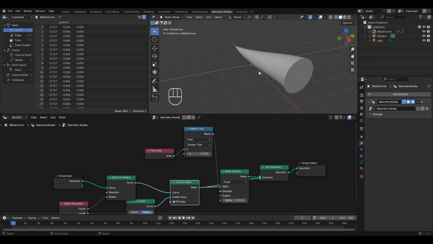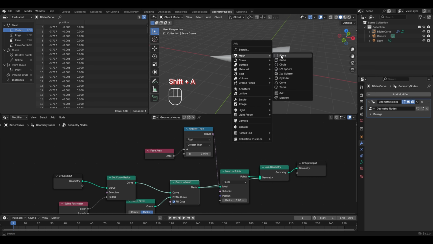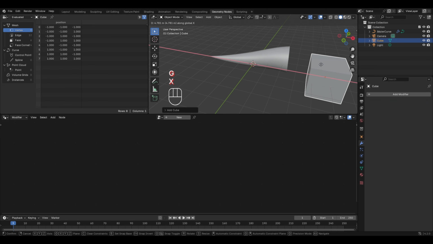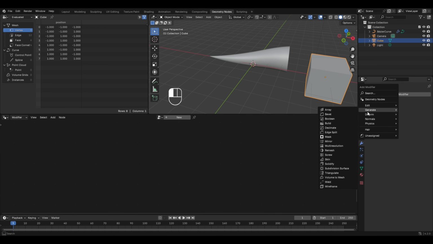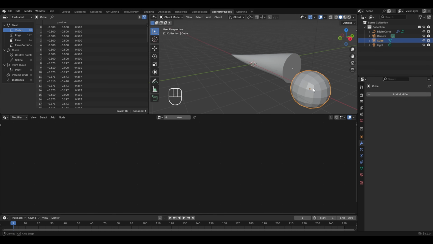dragon's head. Now to make the head of the dragon, let's add a cube in the scene. So press Shift plus A, go to mesh, and select the cube, press G, X, and move it over here. Now to apply the subdivision to it, go to the modifier properties, click on add modifier, and in the generate category, select the subdivision surface modifier. Let's increase the levels viewport to a value of 2. Let's also apply this modifier from here, and now to convert it into a dragon head, we'll be doing the